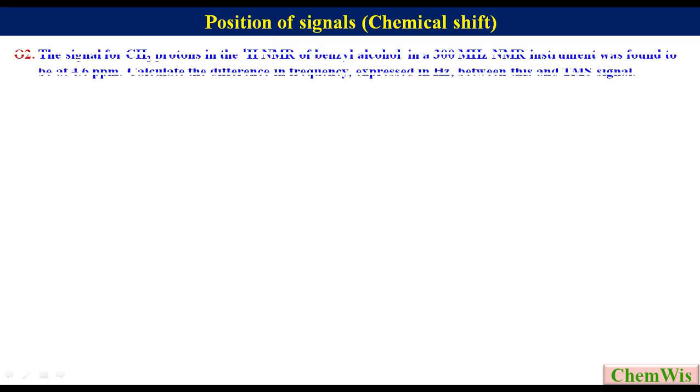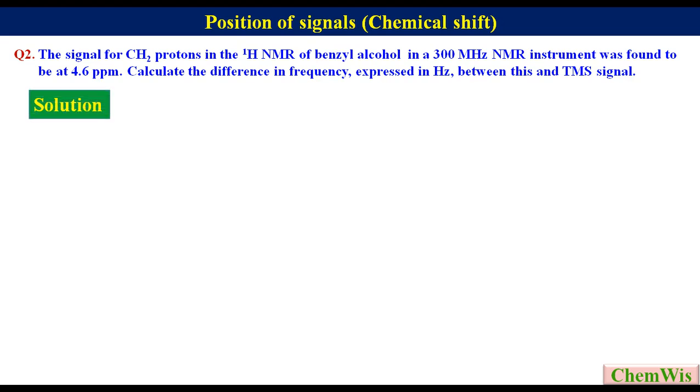Question number 2. The signal for CH2 protons in the 1H NMR of benzyl alcohol in a 300 MHz NMR instrument was found to be at 4.6 ppm. Calculate the difference in frequency expressed in Hertz between this and the TMS signal. Chemical shift in Hertz, that is delta nu, we have to find. Instrumental frequency is equal to 300 MHz. Chemical shift in ppm